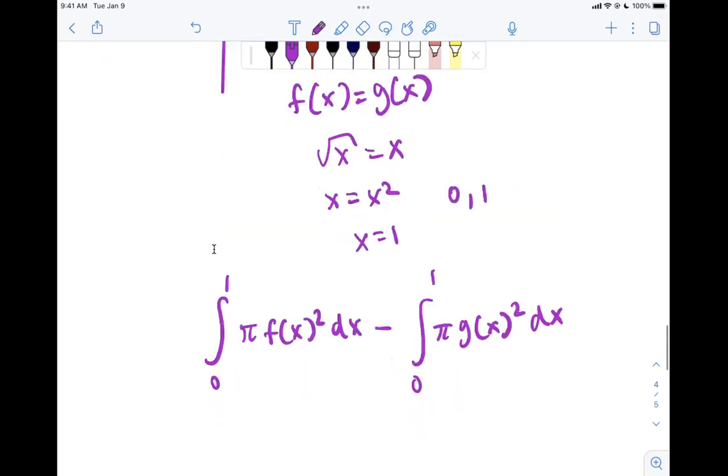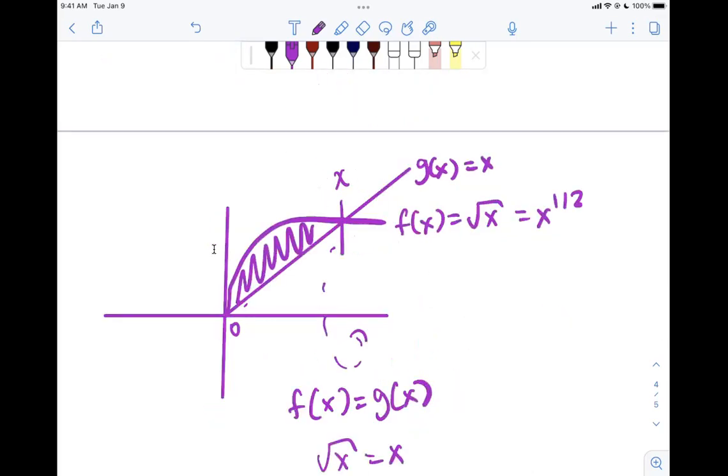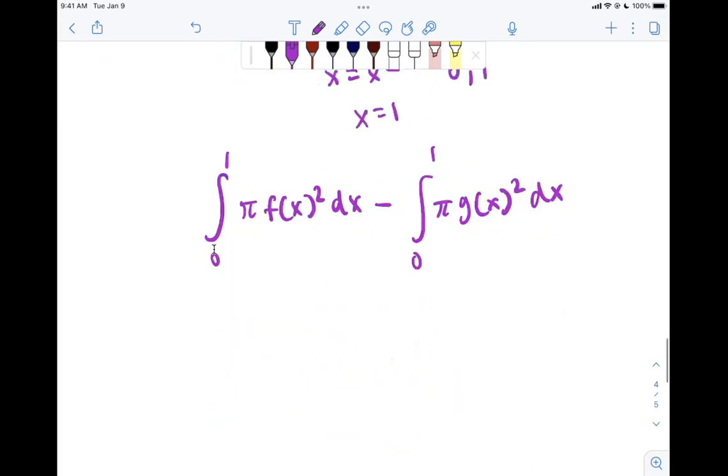So f of x equals the square root of x and g of x equals x. So this is the integral from 0 to 1 of pi times the square root of x squared. So that's just x dx. Minus, and I'm just going to combine them because the bounds are the same, so we can just put them in one interval. And the pi is also the same, so I'm just going to put that with parentheses. And g of x is x, so g of x squared is x squared. Oh, and let me just move the dx out, so this is x minus x squared